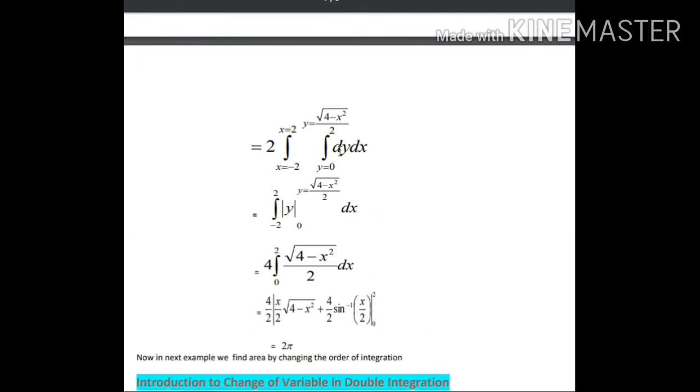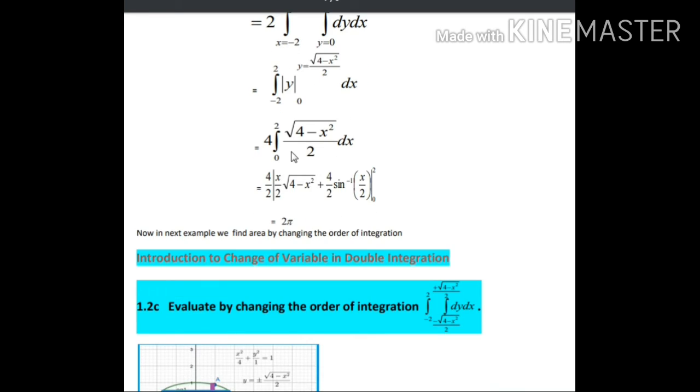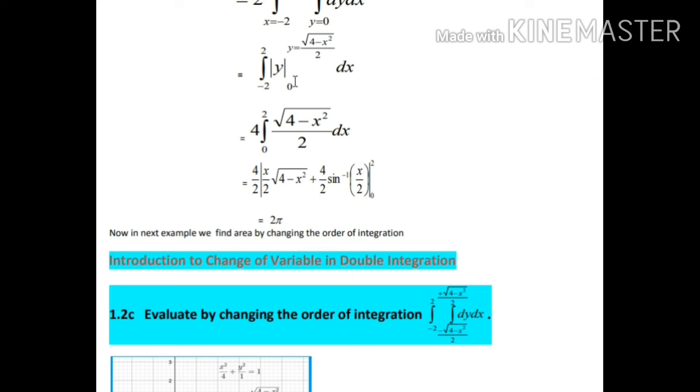So now integration of 1 is y, under limit 0 to root 4 minus x square by 2. Apply limits, upper limit minus lower limit. Put y upper limit, minus put y 0, so 0, so you are getting this. So now once the integration with respect to y is over, now you have to integrate with respect to x,